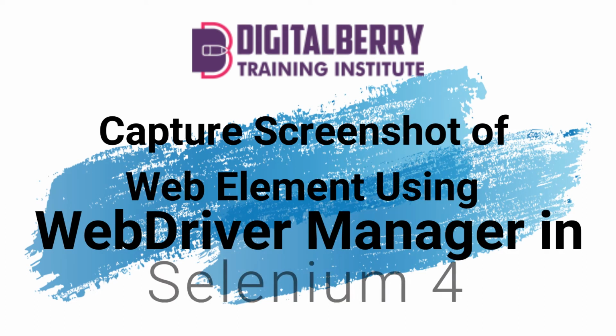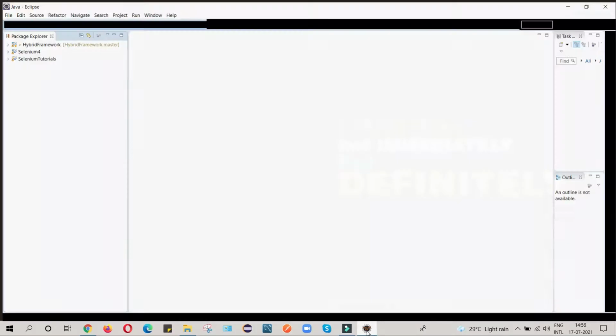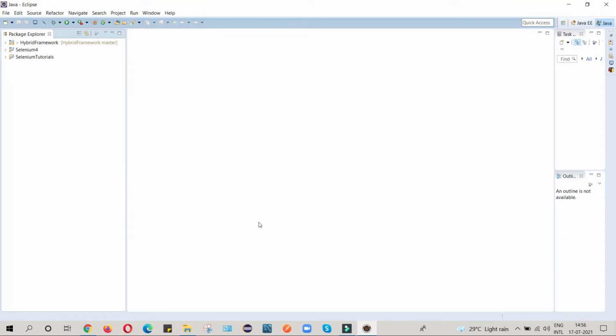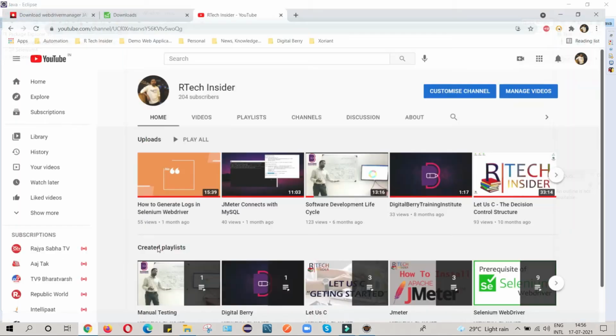Today's video, we will learn how to capture a screenshot of any web element using WebDriver Manager in Selenium 4 for any web application. Before starting the video, we need basically two important jars. One is WebDriver Manager and another is Selenium Java. So how can we download this?